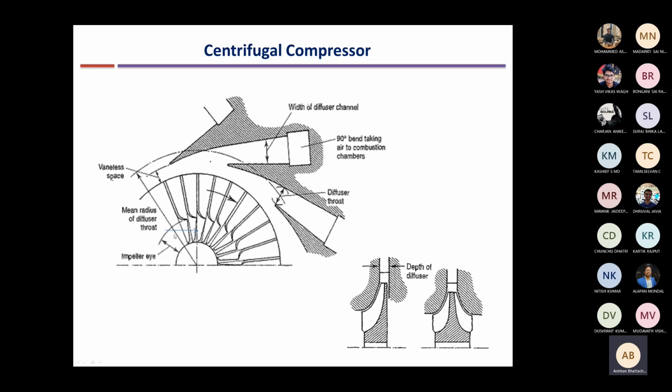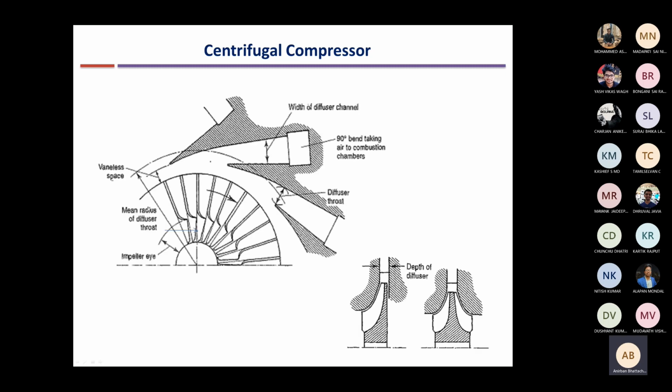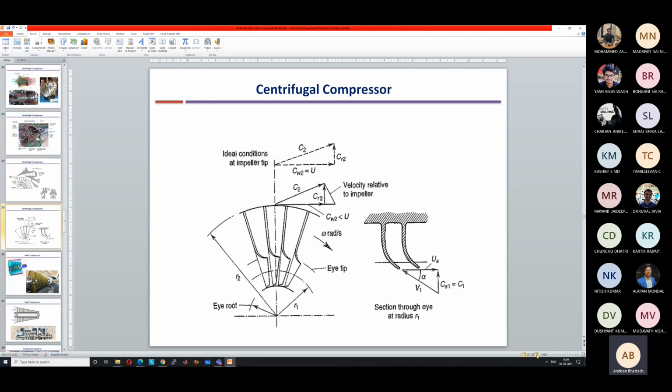Okay, so this is the relative velocity at the inlet. I will show you the velocity diagram, but at this moment, just imagine that this is the velocity triangle, out of the plane. So as a result, if you're sitting on the impeller, you will see the flow coming from out of the plane at an angle which is not perpendicular. It will come at an angle to the plane. I hope this is clear. You have to imagine this because otherwise it is difficult. So I will show the velocity diagram. Maybe it will make it more clear.